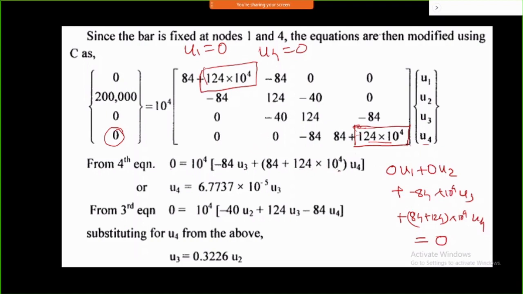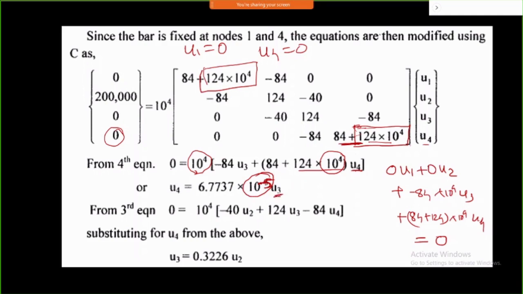So this value will become a very high value because 10 raised to 4 is multiplied here. Again 10 raised to 4 is included more here. So this takes a too high value, and this node is taking too much stiffness, and due to that U4 will result in a very small value. That is this number, 10 raised to minus 5 somewhere. A very small value of displacement you can get here. That is 10 raised to minus 5. It is almost near to nanometers.